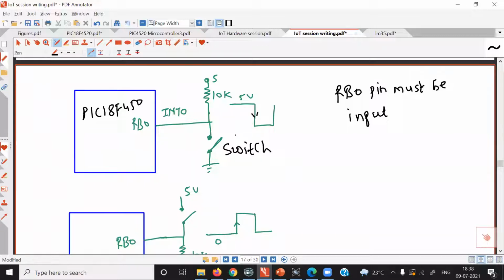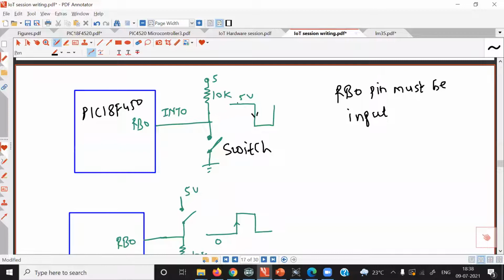And this switch will be a push to on switch. Usually we can also use a toggle switch. But usually in keypad interfacing, we use a push to on switch. So when the switch is open, continuously there is logic 1. Interrupt will not be triggered for constant voltage. Interrupt will be triggered only for an edge of the signal. And it depends upon how you configure the interrupt. You can configure for falling edge as well as rising edge of the signal.